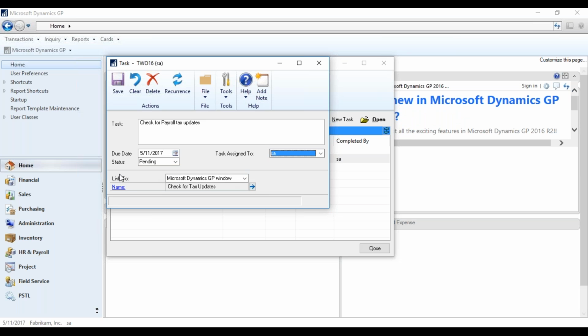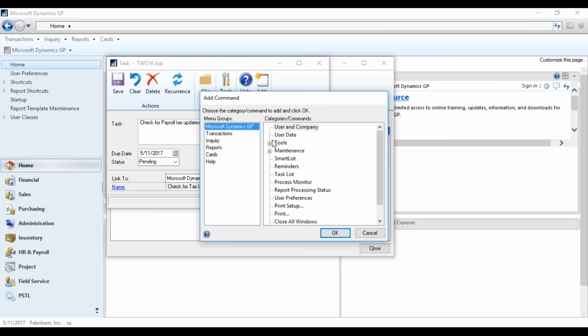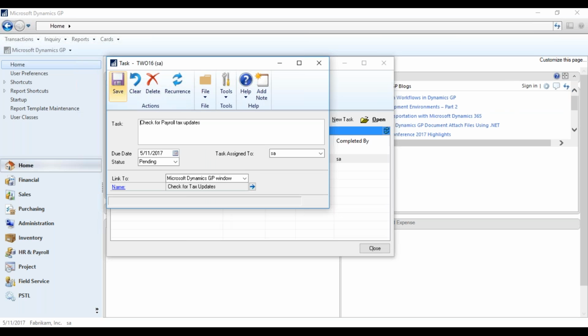And then I have a link to, so it's going to be able to pop me right into this window if I want to. So it's going to be a Microsoft Dynamics window that I want. And then I would click here, and I would choose the window that I want to look at as soon as I click on that on my home page. It would be under Maintenance, and it would be under U.S. Payroll is the window that I would want to check to make sure there are none. So then I would click Save,